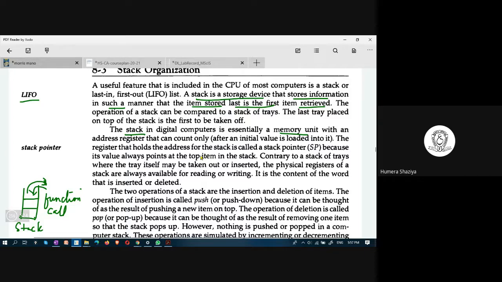The register that holds the address for the stack is called a stack pointer. A register is a part of the processor. Within a processor, there is a register called the stack pointer (SP) that holds the address for the stack, and its value always points at the top item in the stack.